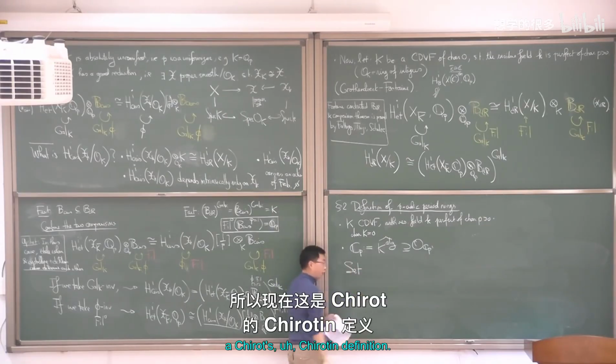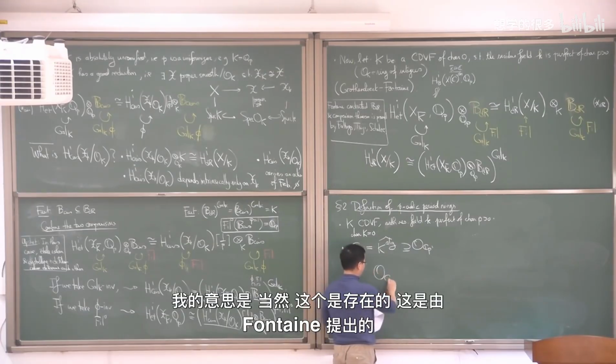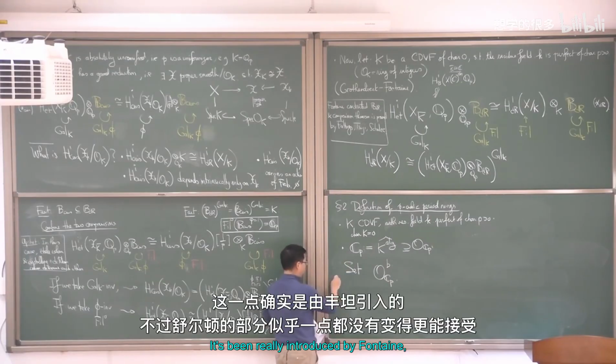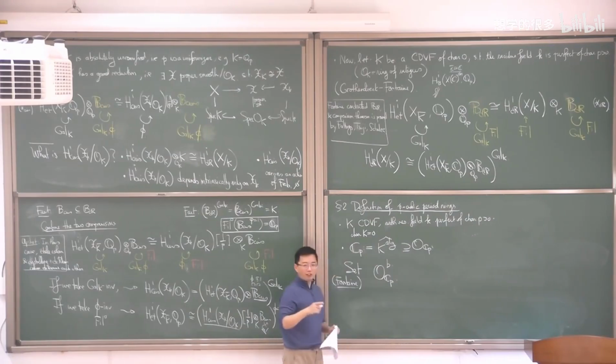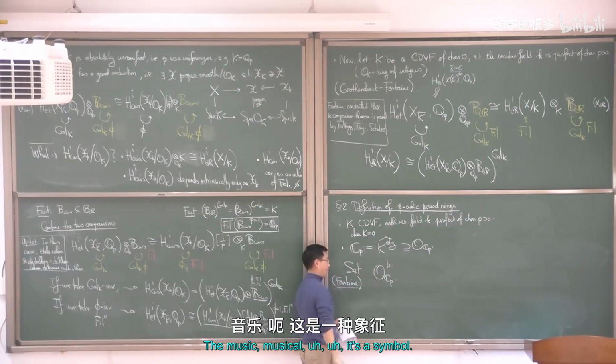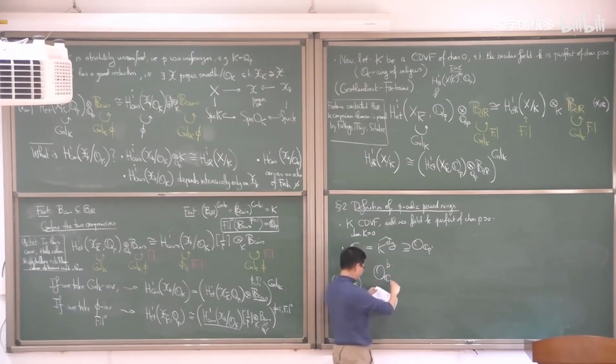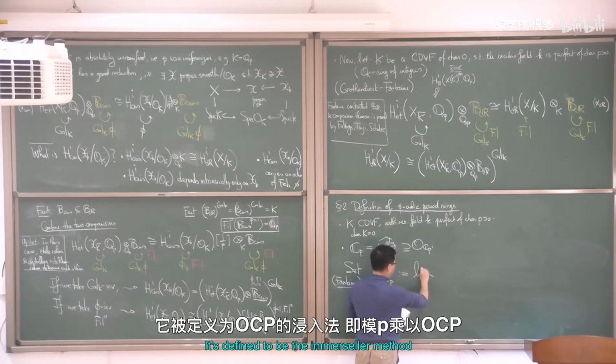So now this is Scholze's tilting definition. Of course, this exists. This was introduced by Fontaine, but Scholze made it more conceptual. So this is not B, this is flat. It's written with the musical symbol, the flat. Right, this is a flat. It's defined to be